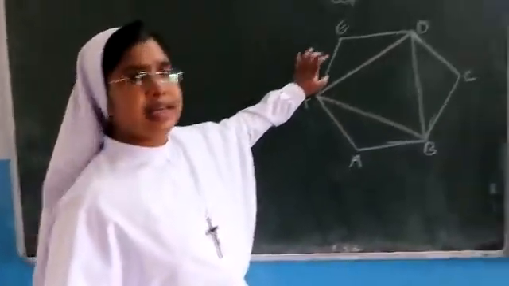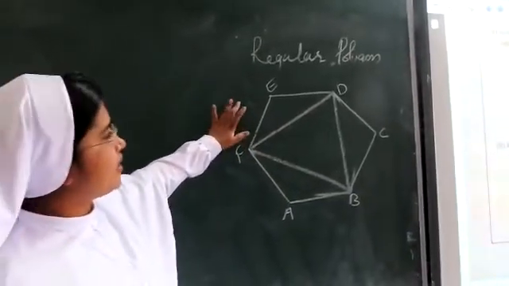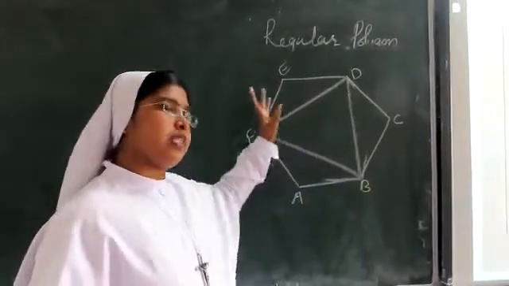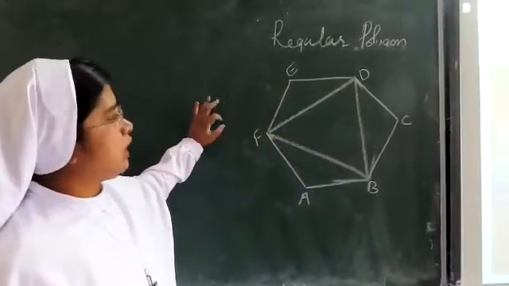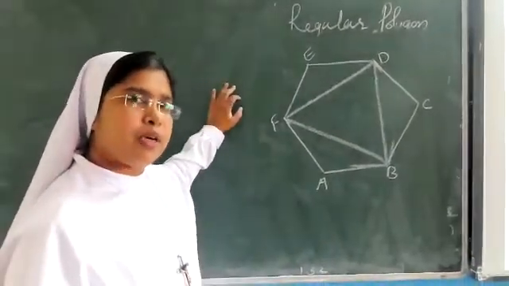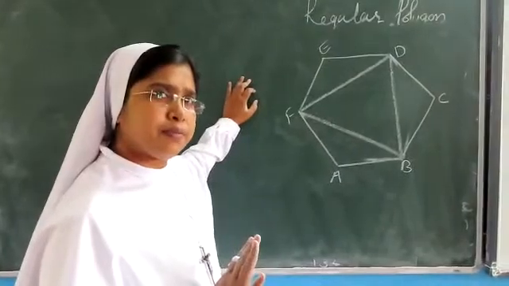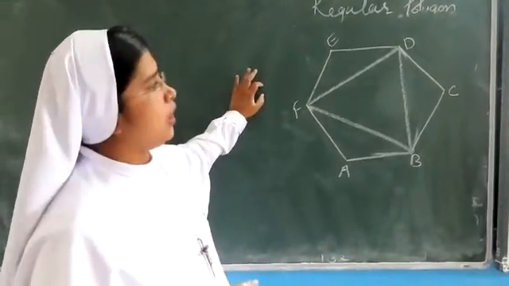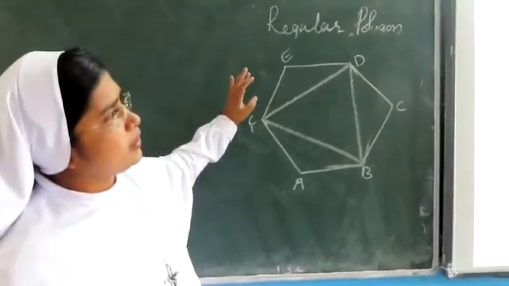So this is a regular hexagon. See, a regular hexagon is drawn there, the outer one. You have to see the outer one. ABCDEF is a regular hexagon. As soon as you hear about a regular hexagon, what do you have to remember? All the angles and sides are equal. Okay. Now, what else is given is regular.